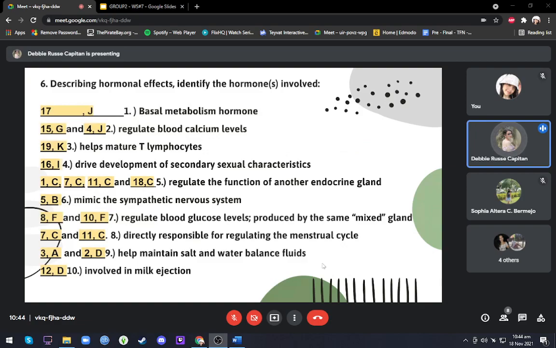Next is describing hormonal effects, identify the hormones involved. There are keywords used that were given in our worksheet. So just refer for the definition of the numbers and the letters on the worksheet. So for the basal metabolism hormone,